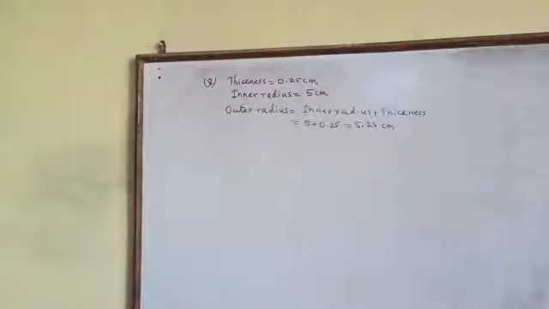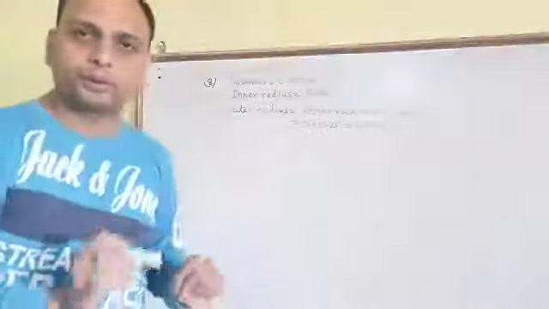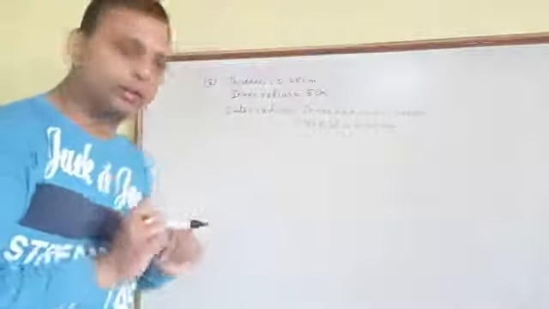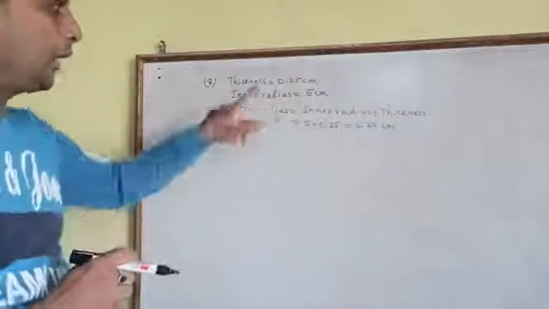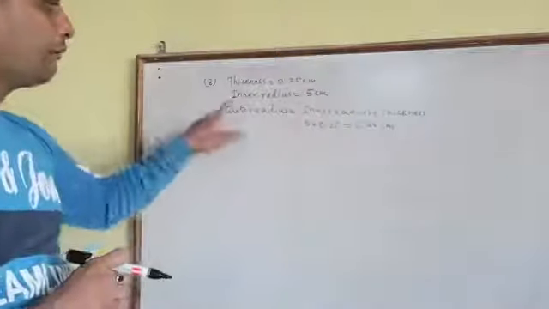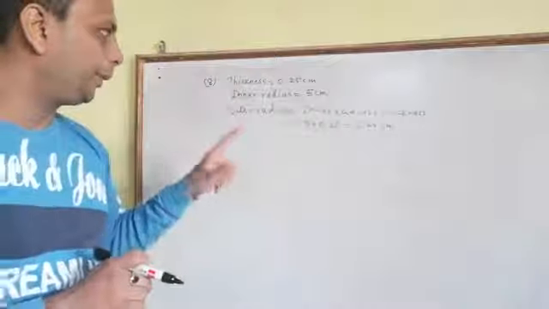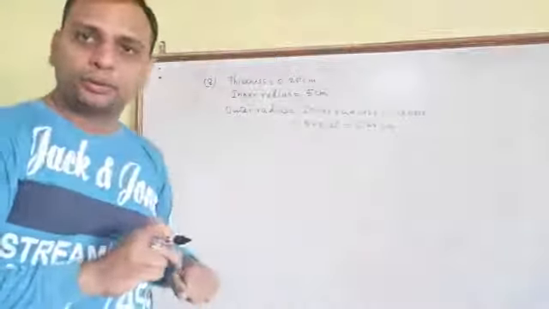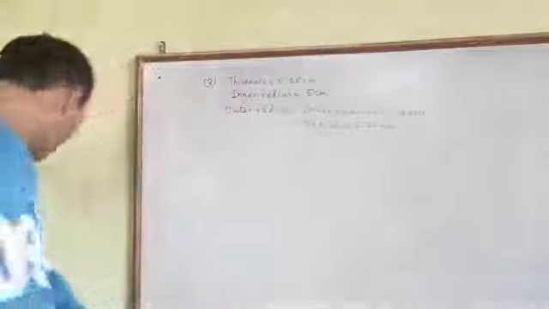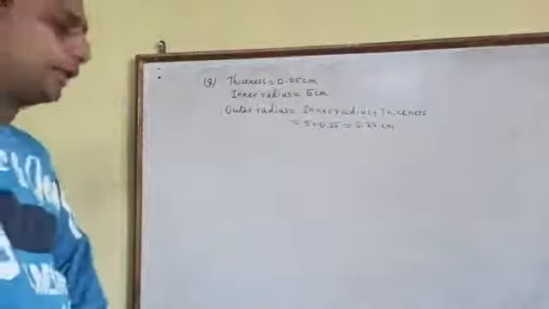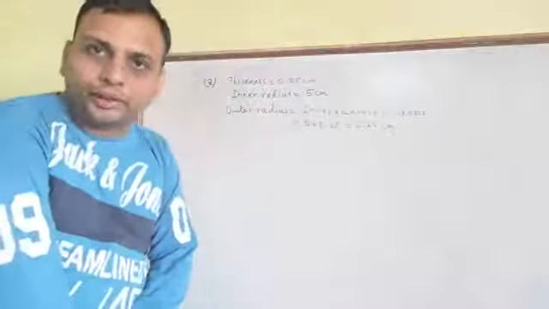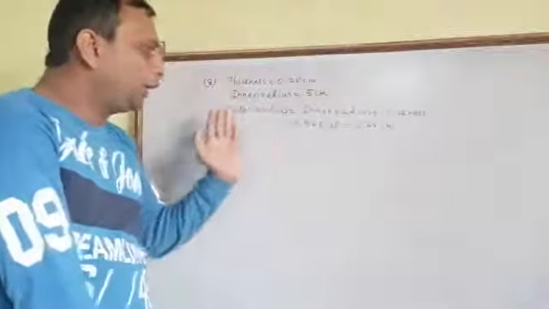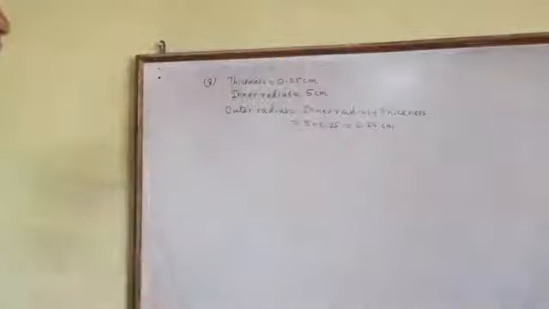Now you may have a doubt why I found the outer radius. In the question, there is a hemispherical ball having a thickness of 0.25 centimeter, the inner radius is 5 centimeter, and it is asked to find the outer curved surface area. To find the outer curved surface area, I need the outer radius. So how to get the outer radius? Inner radius plus thickness. Now I got the outer radius, and with this formula we can easily find the outer curved surface area of the hemisphere.